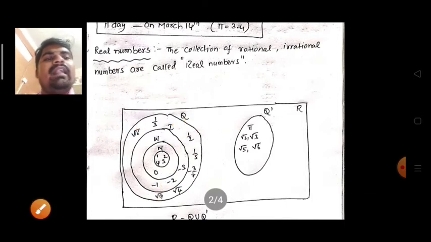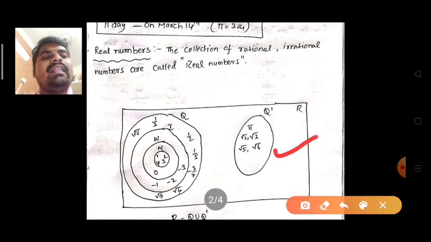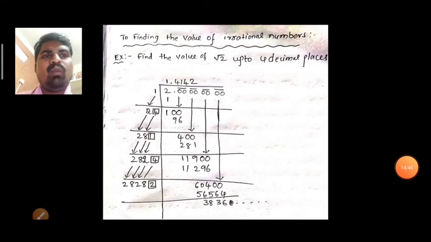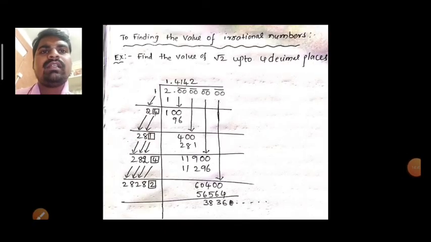And right side another circle is there. It is different than the rational numbers. So it is an irrational number. Irrational numbers are denoted by Q dash or S, surds, we call them surds. So here you observe pi, root 2, root 3, root 5, root 6. This is the concept of the Venn diagram of the real numbers. And very important here, last year topic, today's topic, finding the value of irrational numbers.